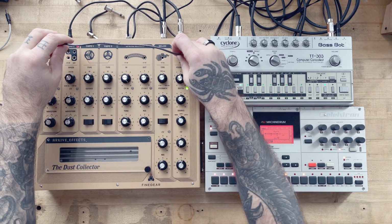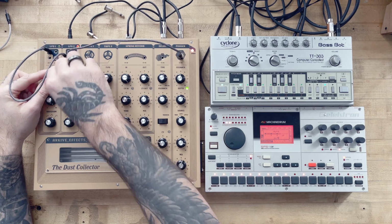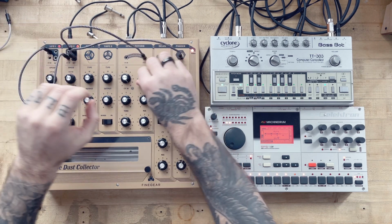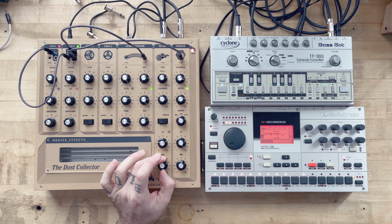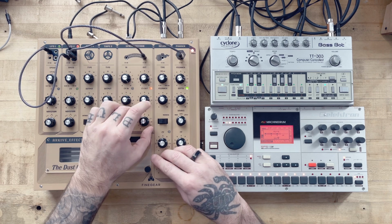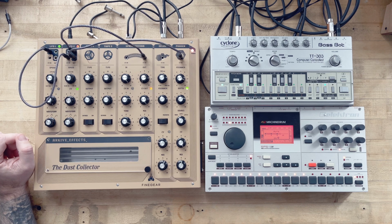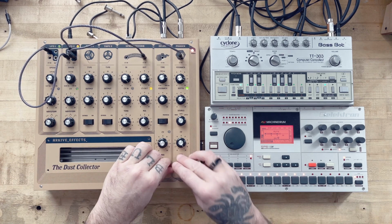Let's modulate this. Interesting. Now we are heading to the Spring Reverb, only modulated by that, and let's add a touch of delay. This is very nice. So if I turn everything off, very different sound. Interesting, if you have the Spring Reverb modulated,